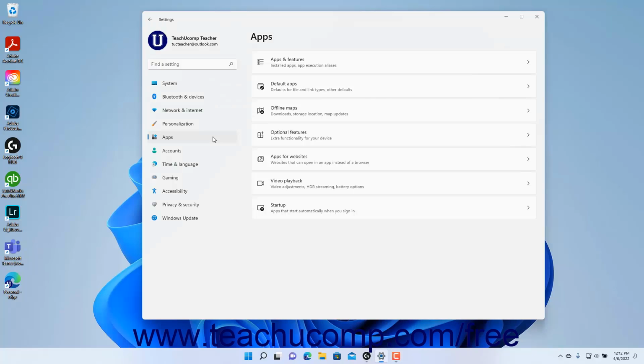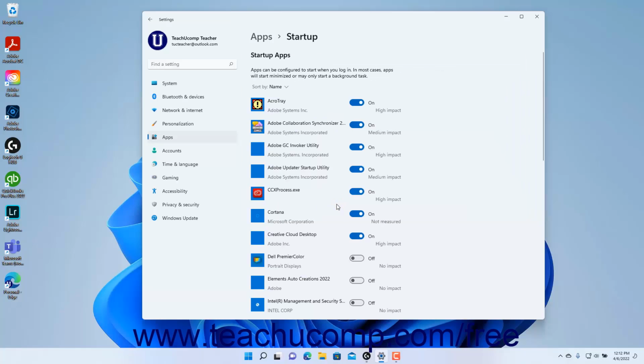To view the startup settings in Windows 11, open the Settings app window and then click the Apps button at the left side of the screen to show the app settings for your computer to the right. Then click the Startup button to the right to show the startup settings at the right side of the Settings